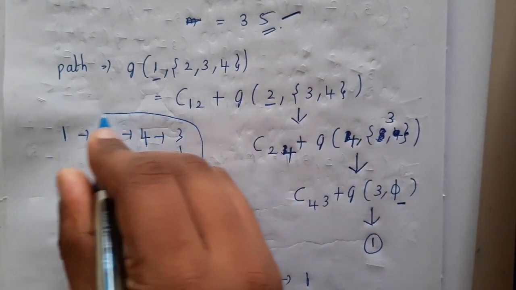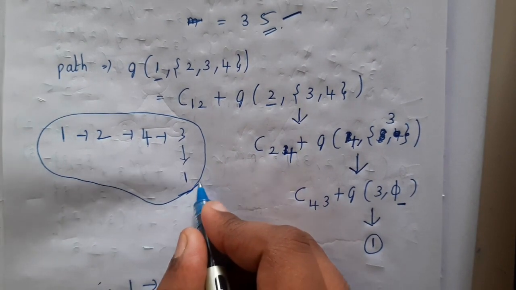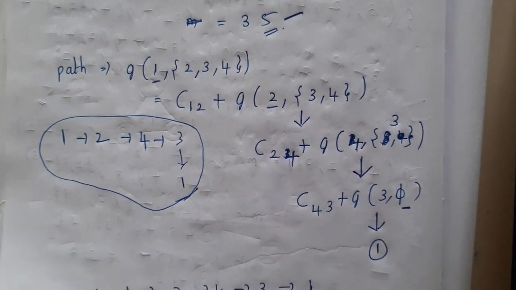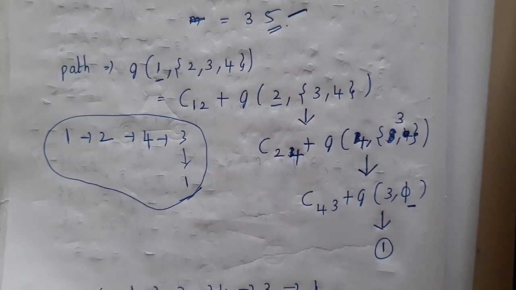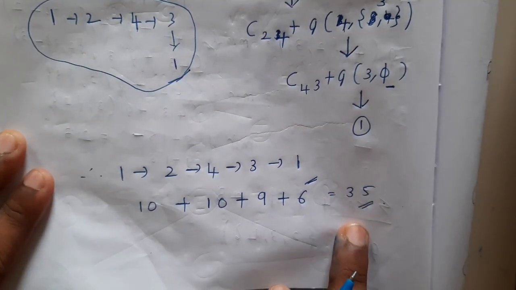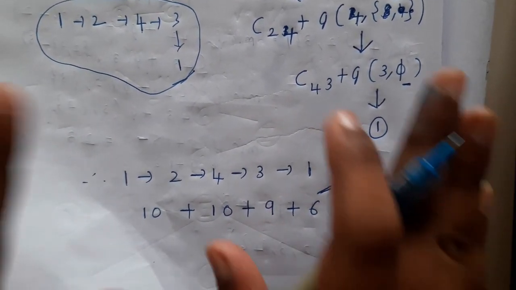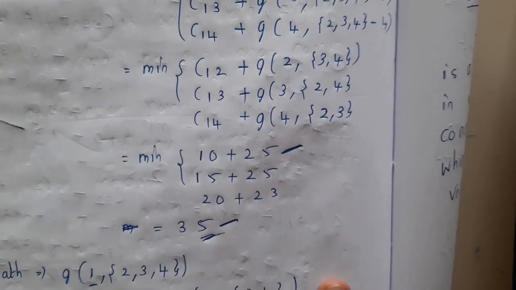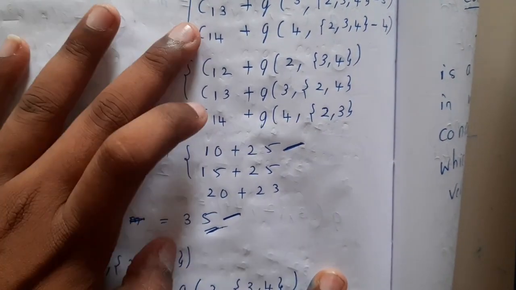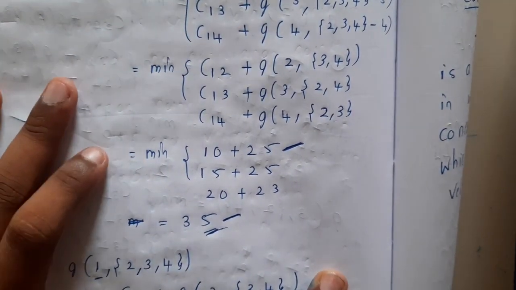So this is the shortest path, guys, the shortest path in which he can visit all the vertices or all the cities. The cost of it is nothing but 35. So you will be traversing in this way. I hope everyone got a small idea, guys. This problem is also based on the formula, so that is the reason why I have explained only 2 or 3 things, and you can solve it on your own.